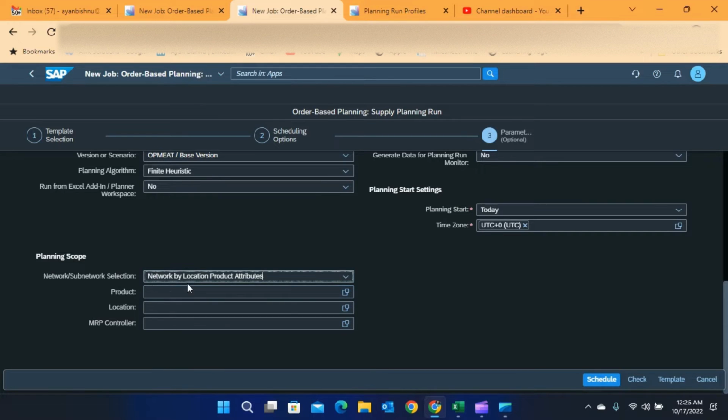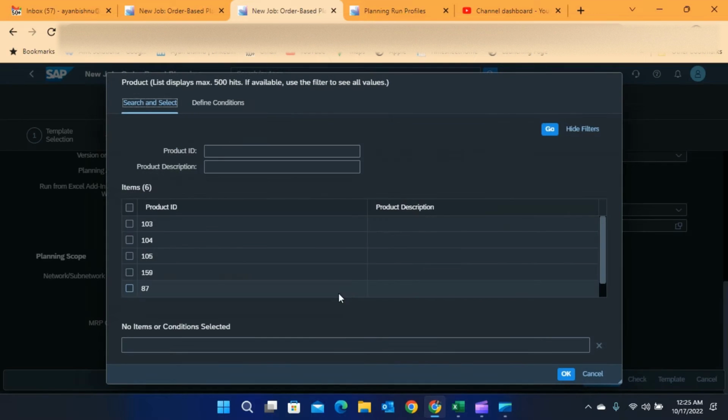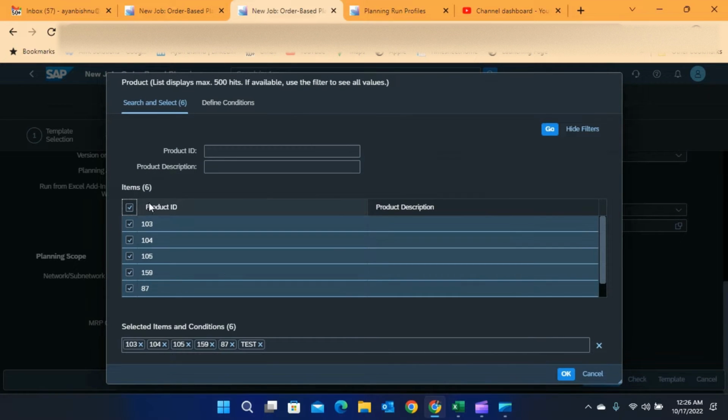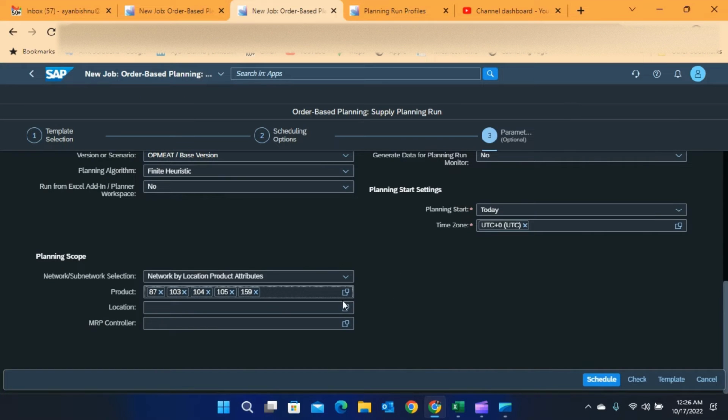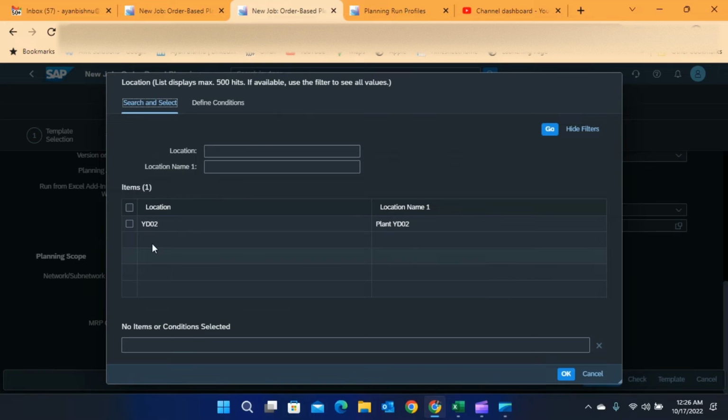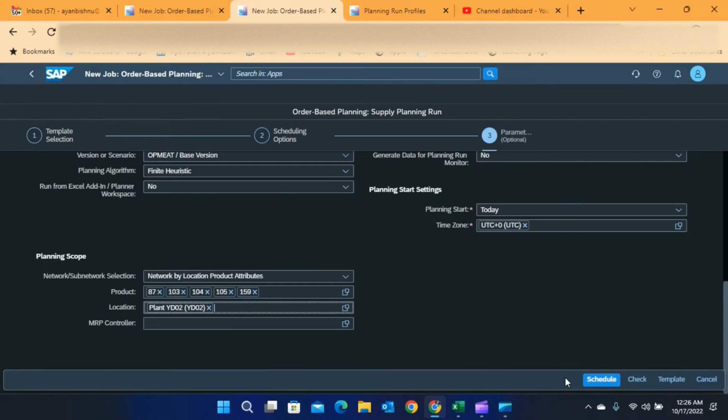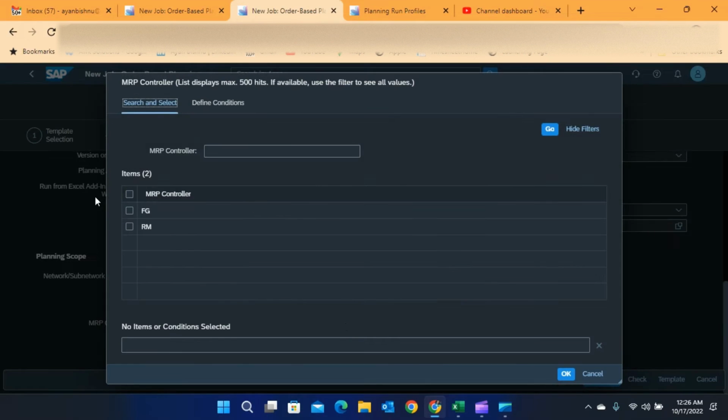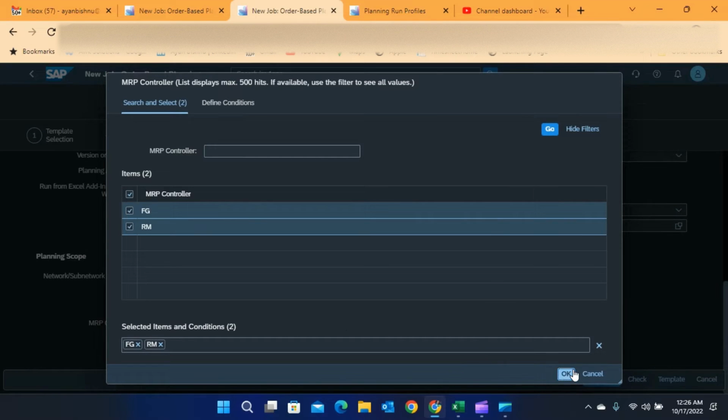So similarly, for that purpose, I'm using my location product, wherein I will select the required products here, and I will select the location. There is no option to select vendor because wherever a vendor comes as a dependent master data object, it will be taken into consideration. And I am selecting the MRP types.